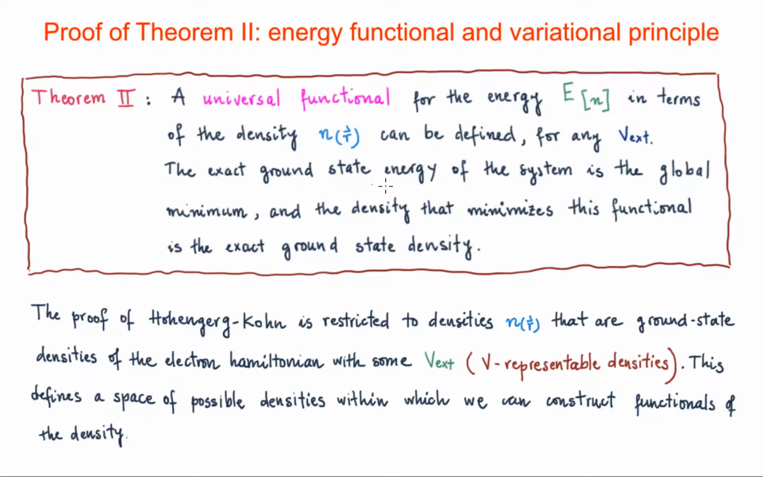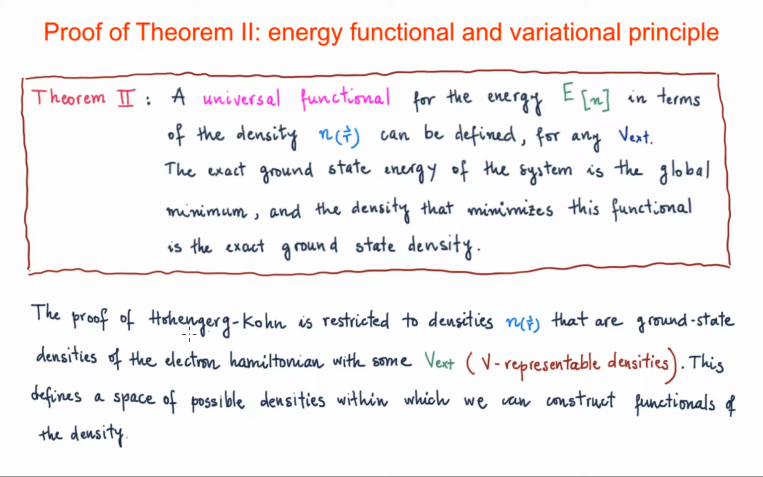And the exact ground state energy of the system is a global minimum, and the density that minimizes this functional here is the exact ground state density. So that's basically what we are saying in this Theorem II: that we can define the energy functional and we can apply the variational principle in terms of the density to get either the ground state energy and the ground state electronic density. So the proof of